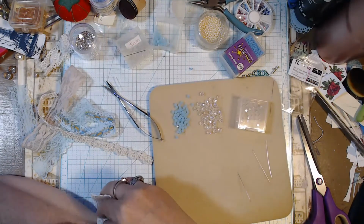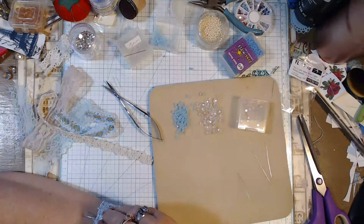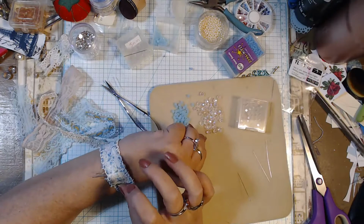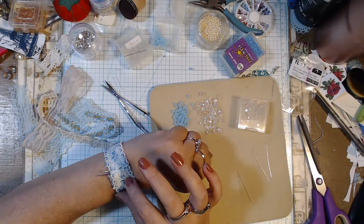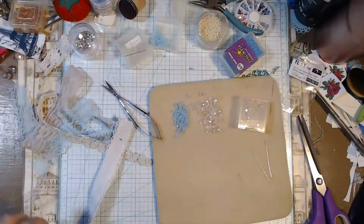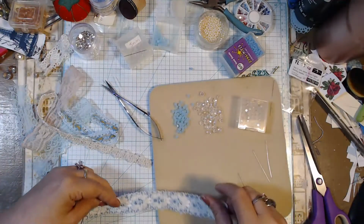I need to be able to stab this to my skin. No, I'm kidding, you guys. Totally kidding. But yeah, that would work. So that's where the button needs to go. It's right there. Okay, so now that I know where my button needs to go,